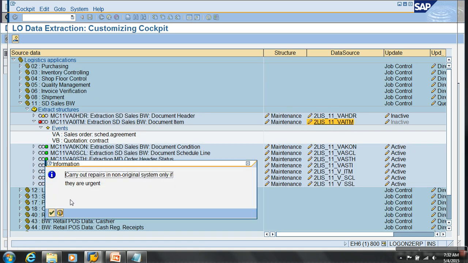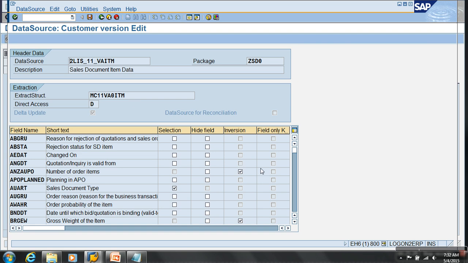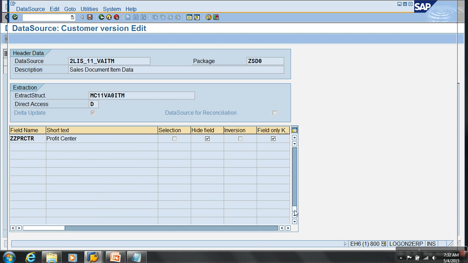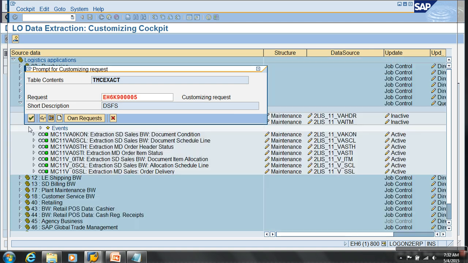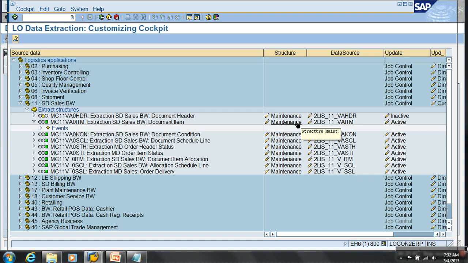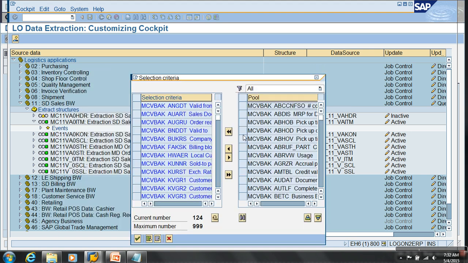Generate your data source. And for the field which you have moved explicitly, you need to take care of this. Then what do you do? Activate it. Done. Now once you activate it, for the field which we added, we need to write the logic. If you look at the maintenance extract structure,